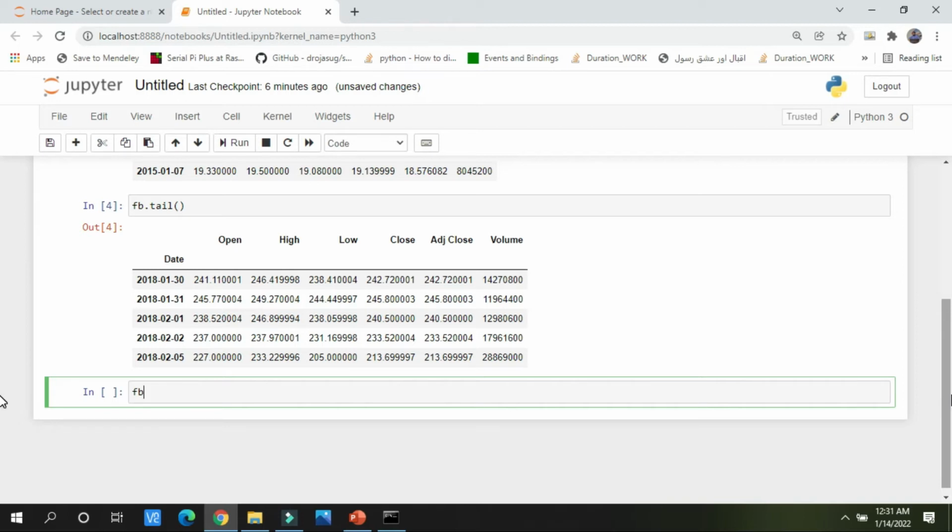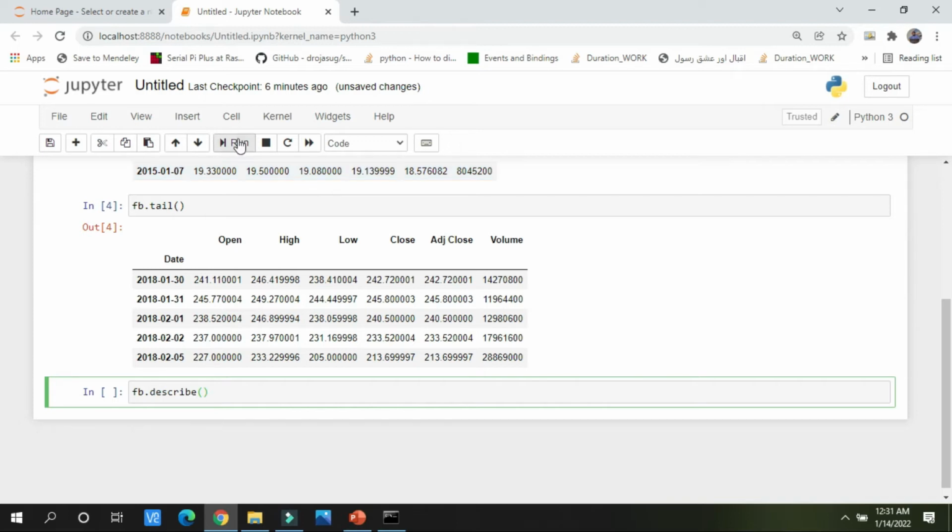I have told you in the earlier course. But if you want to calculate all the things of these columns, you can write fb.describe. It will compute the necessary mathematical terms of all the columns for you in less than a second.